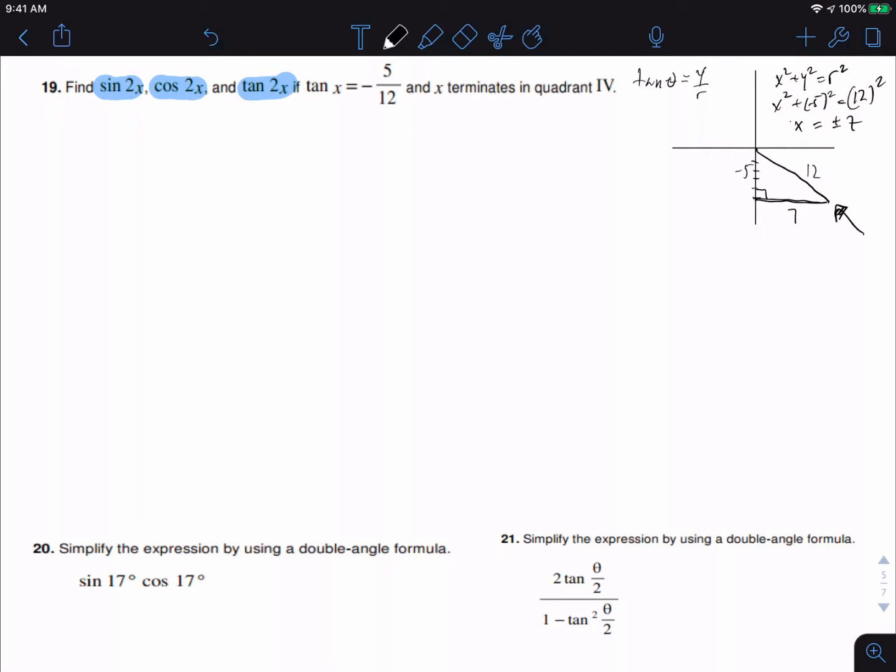Now for sine of 2x, I'll do them each in different colors so you guys can see. I'm going to get sine of 2x. The formula is, remember, 2 sine of x cosine of x. And so it's going to be 2 times. Now sine of x is going to be,